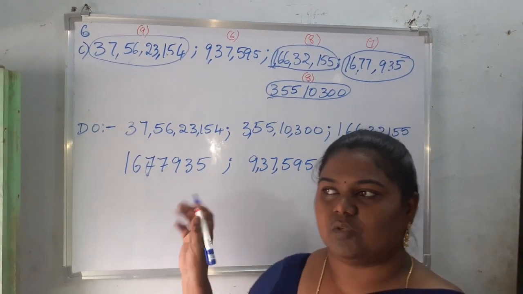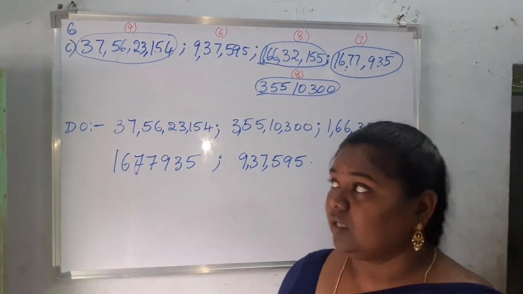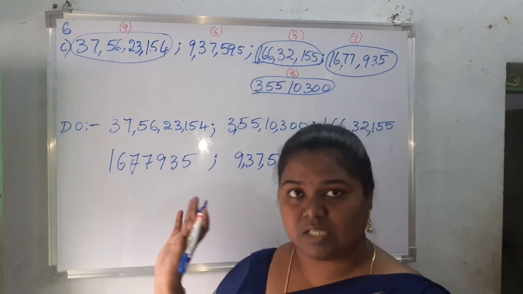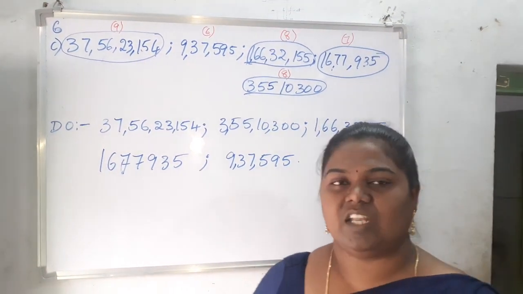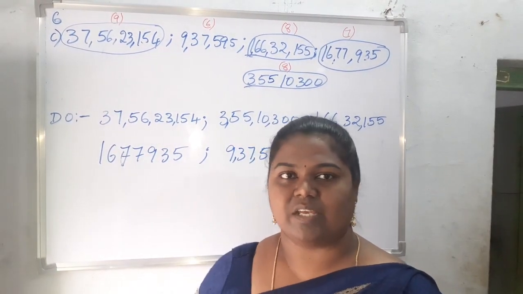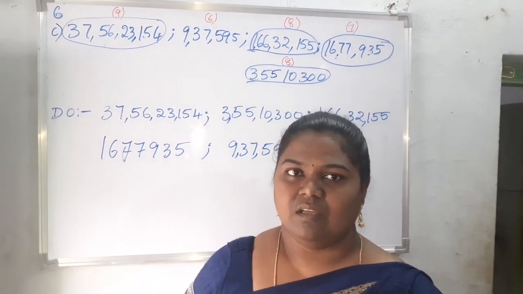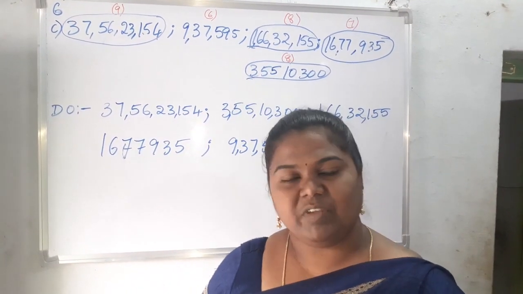So like this we can check ascending descending orders. So today we have completed till 6 sums. From 7 sum we'll continue in the next video. Please try to do the remaining sums, and if you have any doubts you can text, you can give comments, and we'll get the feedback.